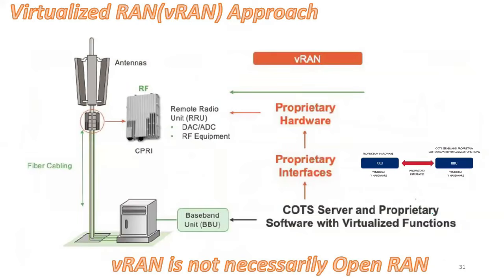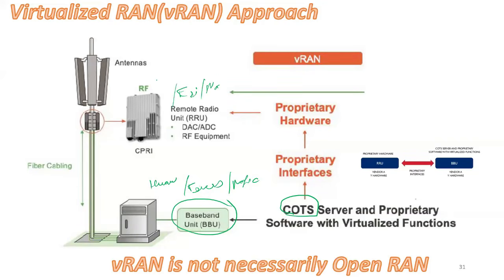So again, what is virtual RAN? In virtual RAN, the BBU, the baseband, is replaced by a commercial off-the-shelf core server. So you just have a baseband unit, and you don't have to change the hardware. Just by replacing the software, you can improve its capabilities and efficiency, right? But the thing is that even now, if you use the baseband of Ericsson, you have to use the RRU of Ericsson. If you use the baseband of Nokia, you have to use the RRU of Nokia. If you use the baseband of Huawei, even then you have to use the RRU of Huawei, right?